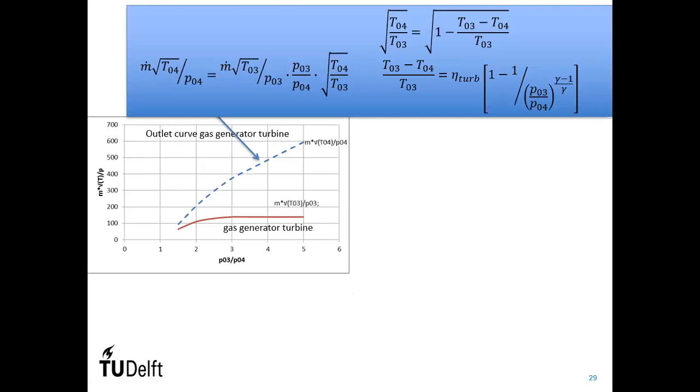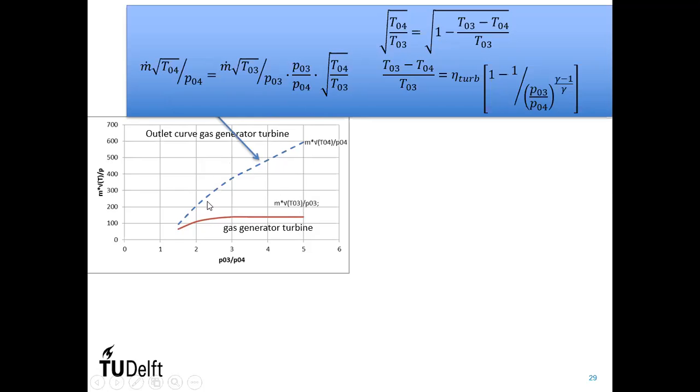If we do it like this, I can explain it a little bit here. Normally, in the turbine diagram, you have a picture like this, where you have the choke flow at the inlet of the turbine, independent of the pressure ratio. So you don't have a constant mass flow, but you have a constant reduced mass flow at the inlet of the turbine because of the scaling with the Mach number, because of choke flow at the inlet of the turbine. That is this one. Well, based on this equation, we just derived with the different steps,